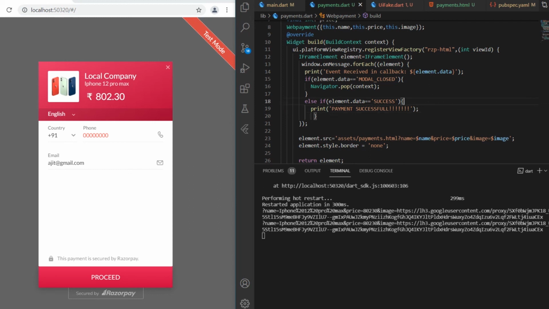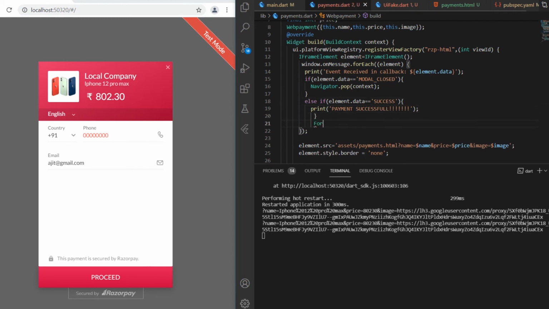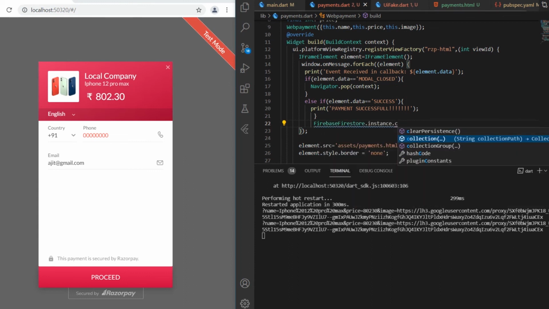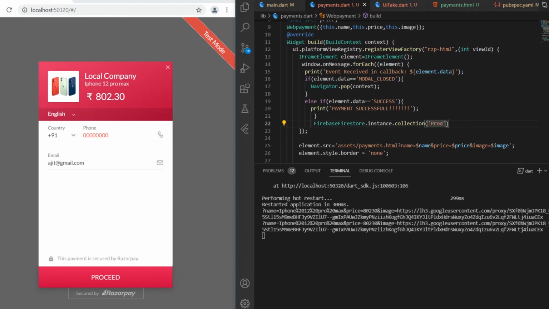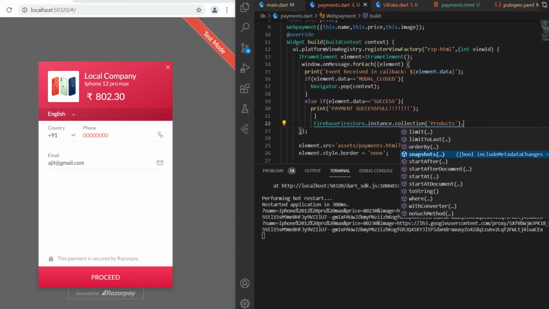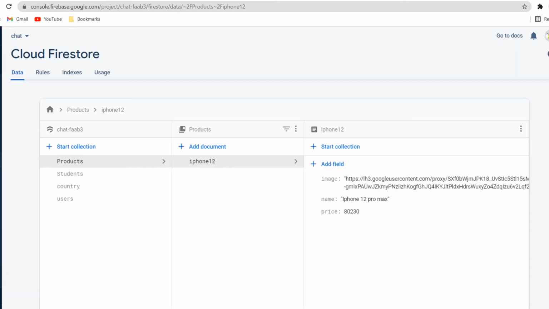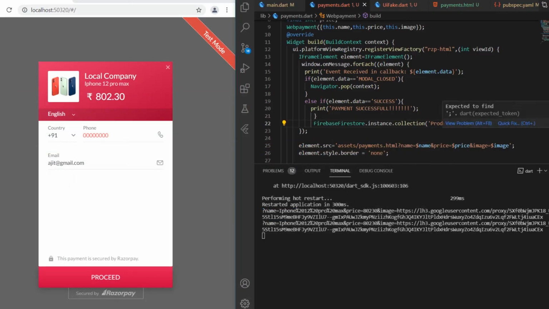And what we will do is a single operation called FirebaseFirestore.instance.collection products dot document, and the document is, let me check it once again, iPhone 12. You just have to add a field here, paid amount paid. Okay, sorry, iPhone 12, and that document is iPhone 12.